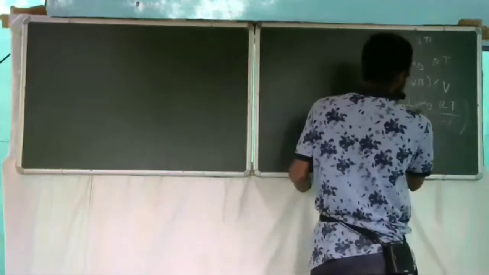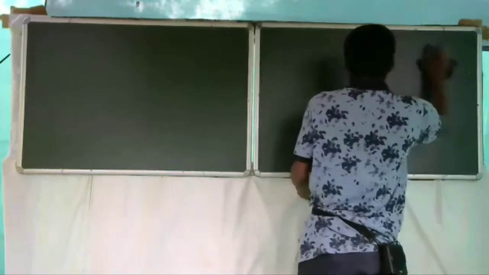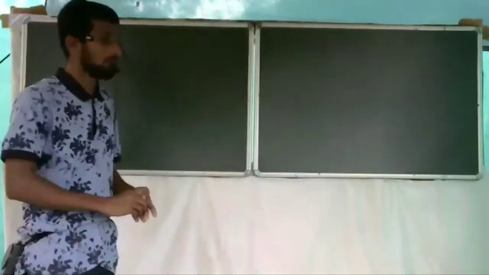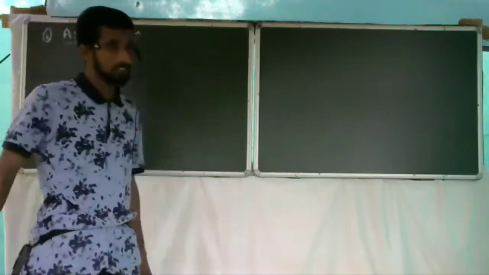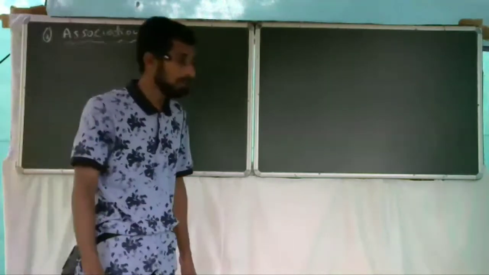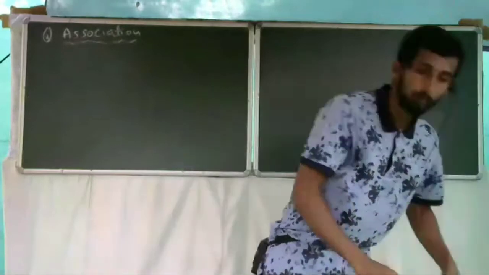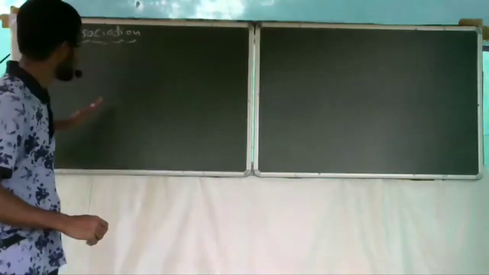Okay, next there is one condition, that is nothing but change in solid. Second condition is on account of association. First case we discussed, if a solid undergoes dissociation, then calculated molar mass is always lower than the normal molar mass. Next, suppose take some solids, they will undergo association. Okay, normally non-polar,